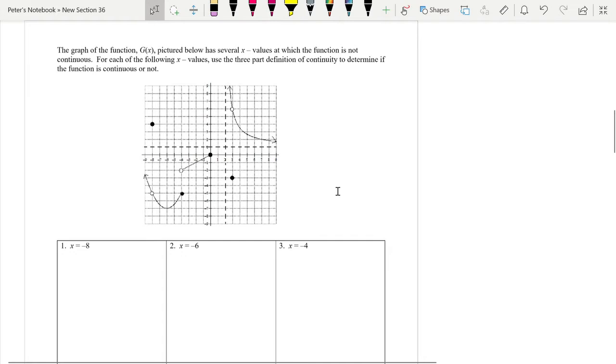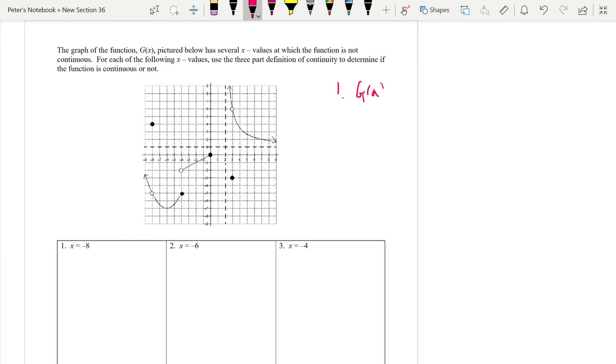All right. So here, for the graph of the function g of x, the picture below has several x values at which the function is not continuous, right? There might be a hole or vertical asymptotes and all that. For each of the following x values, use the three-part definition of continuity to determine if the function is continuous or not. So again, in a nutshell, we have to check